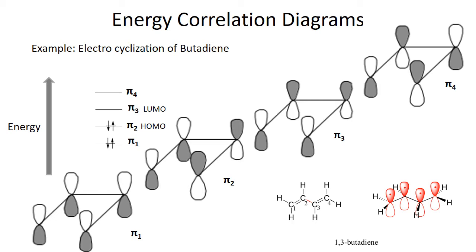So what happens in the electrocyclization is that the terminal carbon atoms overlap with each other and make a cyclic structure. But before that happens, we have to consider how the molecular orbital diagram can be drawn. We know that in molecular orbital theory, we draw an energy profile, and in the energy profile, you have to place the lowest energy molecular orbital at the